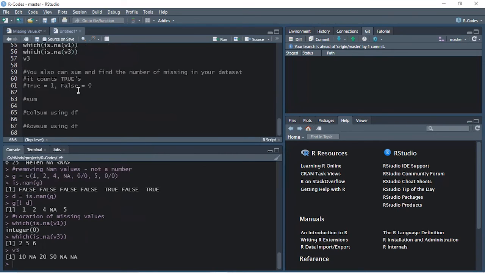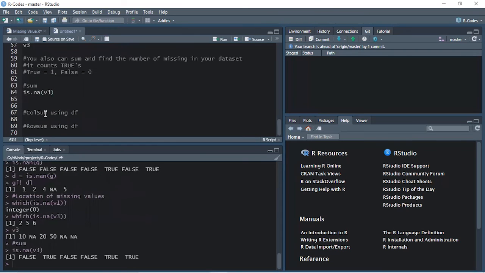We will use is.na with it. As you know, is.na results in Boolean values, that is true or false. Wherever there is true, it will be counted as 1 and false as 0. So let's say is.na v3. If I run it, you can see there are 3 missing values.